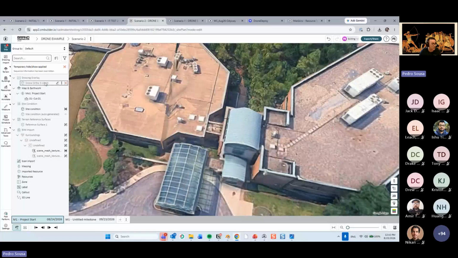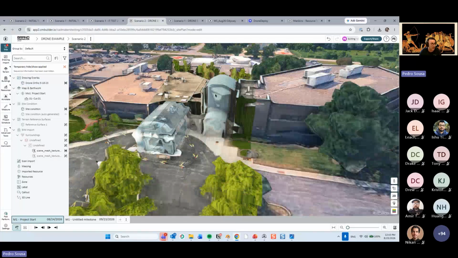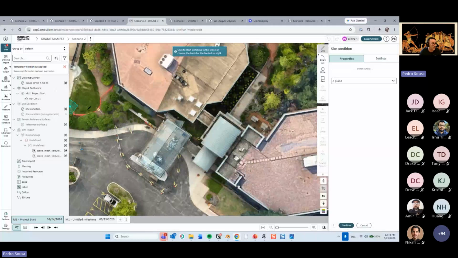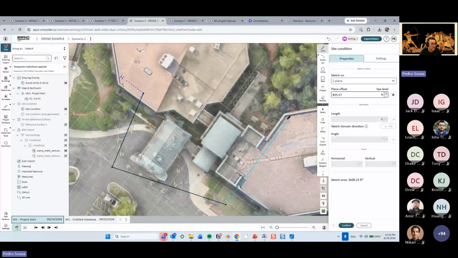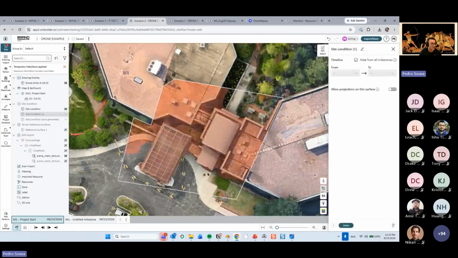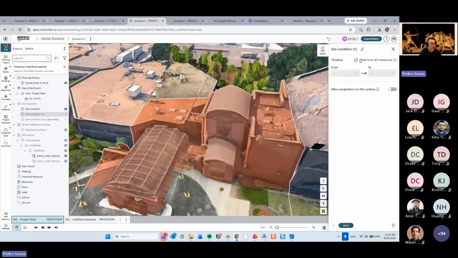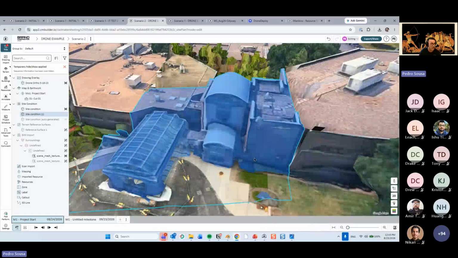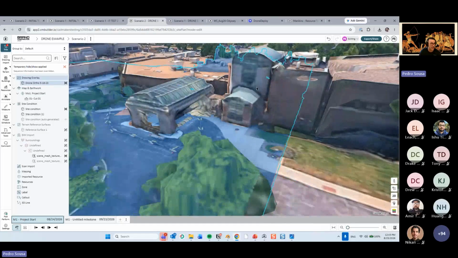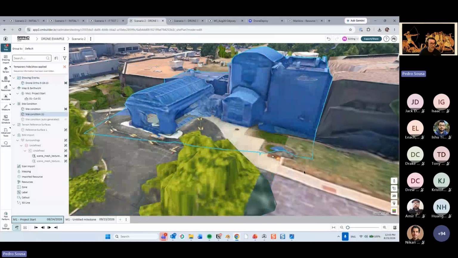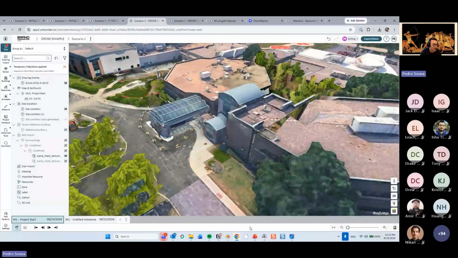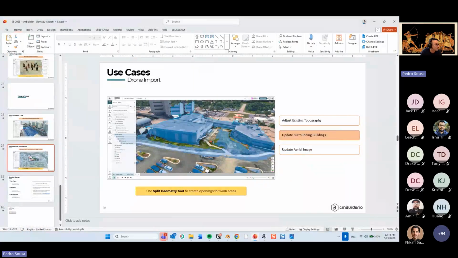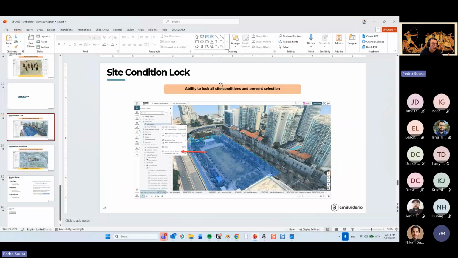So one thing that you can do to avoid this melting visual is to separate this shape in a site condition, and then you can define that you want this to be visible in all milestones and not allow projections on this surface. If you keep this turned off, whatever is projected on the ground over here is not going to affect that site condition element. Which brings me to my tips and tricks over here, that when you create these site